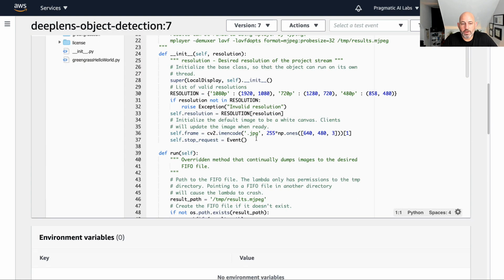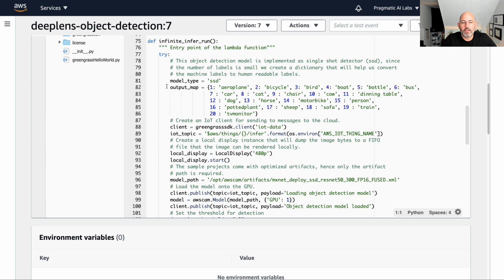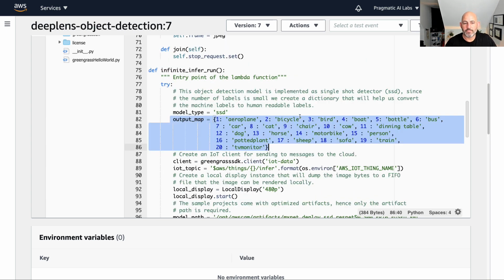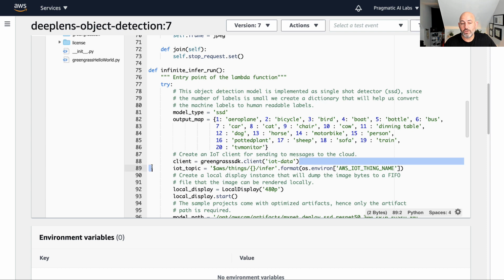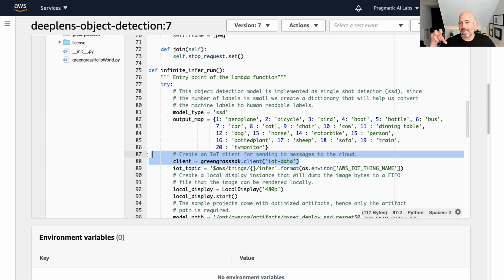So you could go through here and change anything you wanted. Like, notice that it's got the same thing. It's got the labels associated here, and it's looking to see if it matches any of those labels. And then both sending the data to IoT, but also annotating the image itself